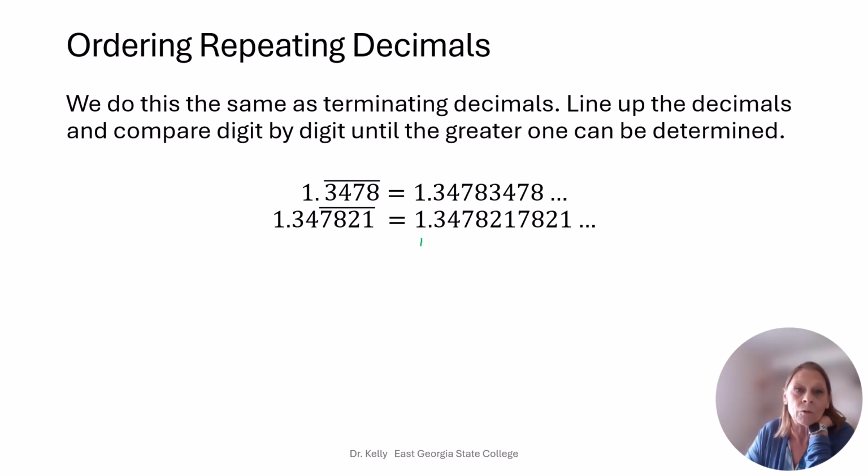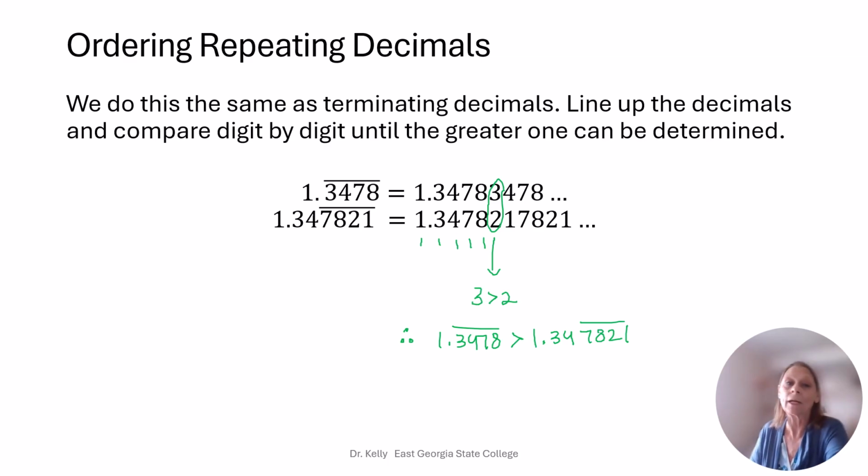1 and 1 are equal. 3 and 3 are equal. 4 and 4 are equal. 7 and 7 are equal. 8 and 8 are equal. Here, 3 is greater than 2. Therefore, 1.3478 repeating is greater than 1.347821 repeating. Another thing that your students might equate is this one is longer than the original, and so you need